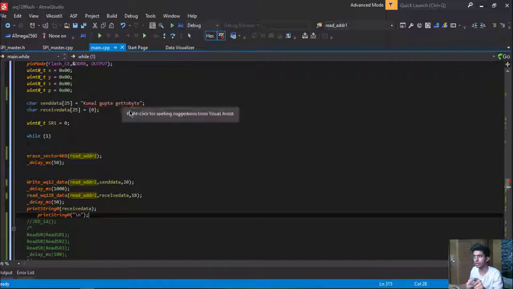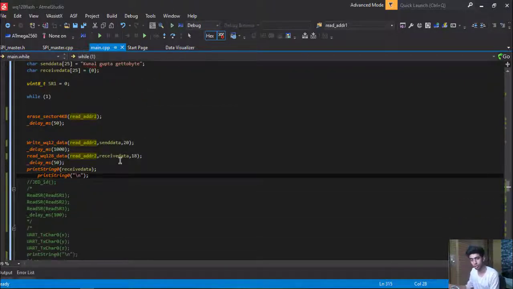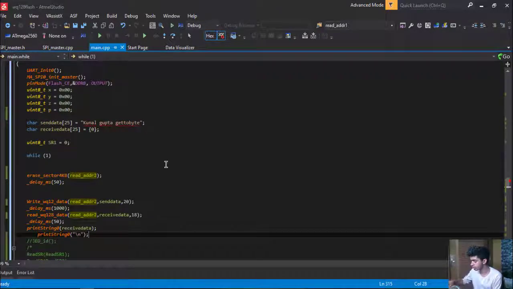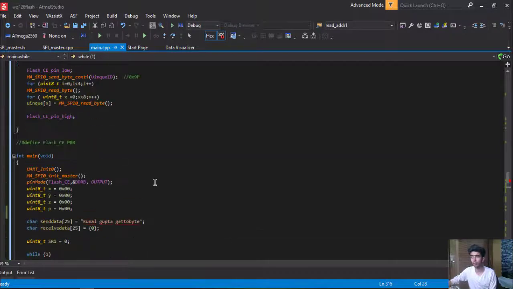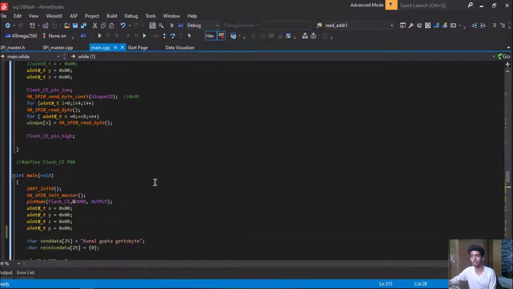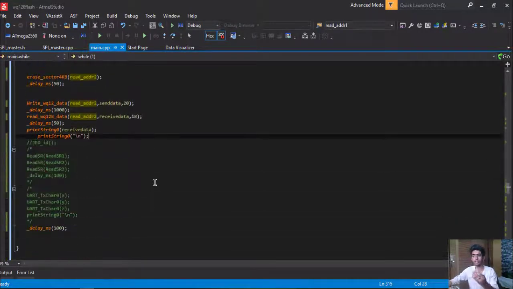So that's how you can read and write onto these flash memory chips. And if you have understood the logic and the working, then you don't have to mug it up, and you don't have to rely on any particular microcontroller. Just by having the low level device driver of any microcontroller, you can write your own functions and write your own application code according to it, as its instructions are very simple and direct.